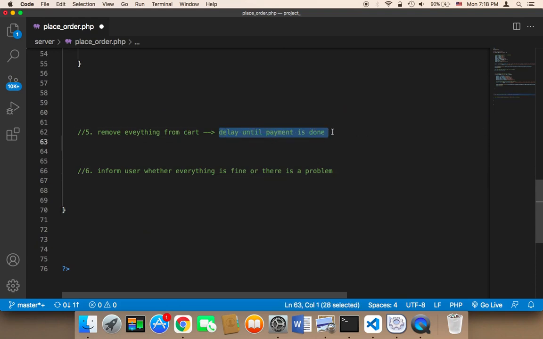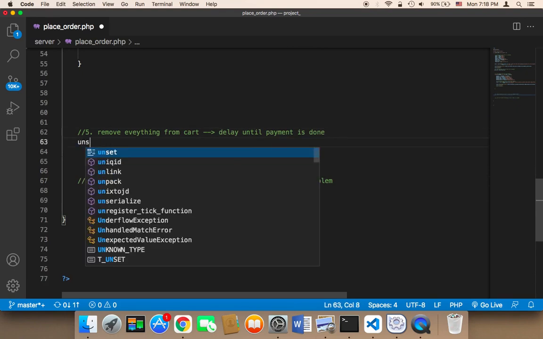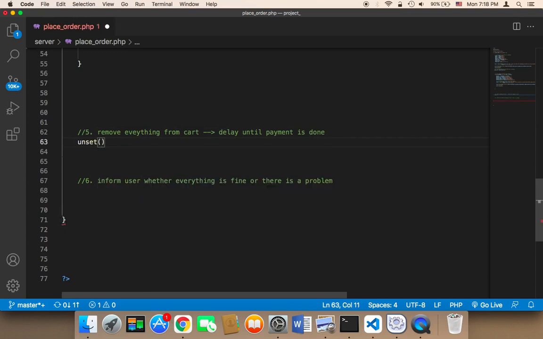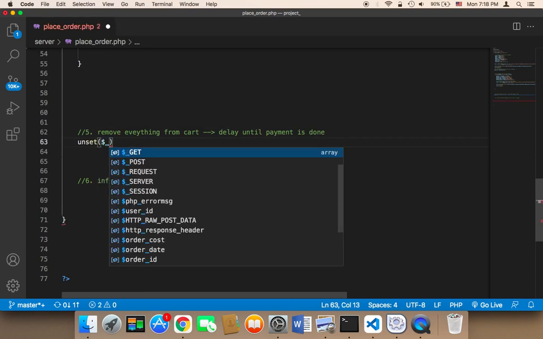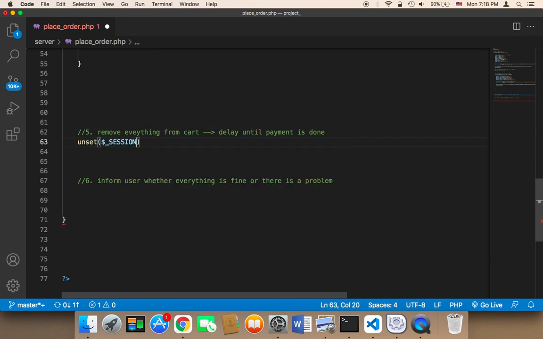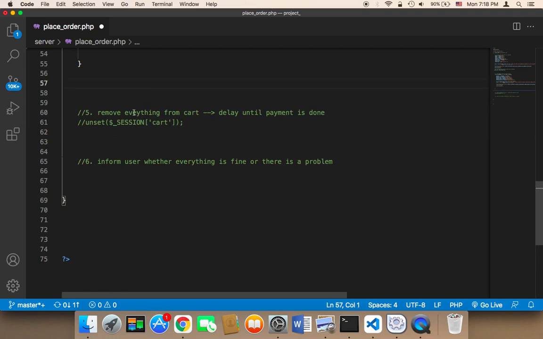However, if you want to delete everything from the cart, you can use the unset function. You can use the unset and then pass the session and then cart. Just remove everything from the cart like this line of code. Very, very simple. However, again, I wouldn't recommend doing that. So I'm going to keep this code right here, and I'm not going to remove everything from the cart until user completes payment. And here the sixth step is to inform user whether payment was successful or not, and take user